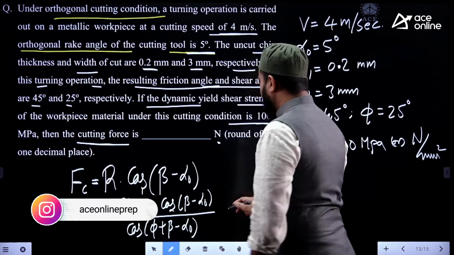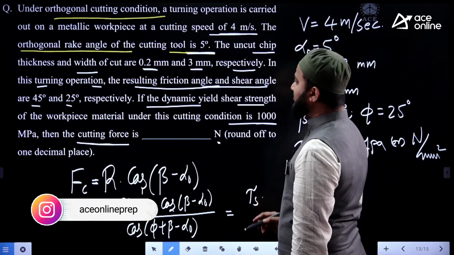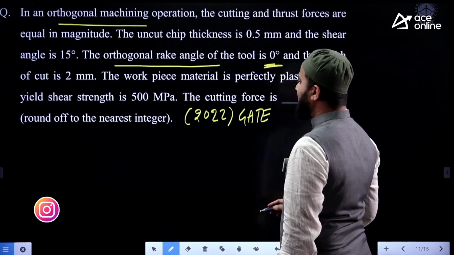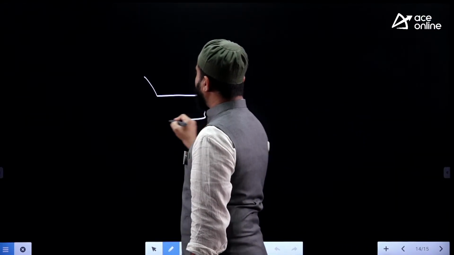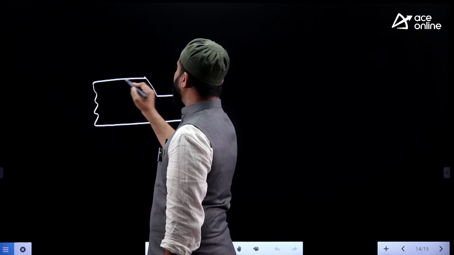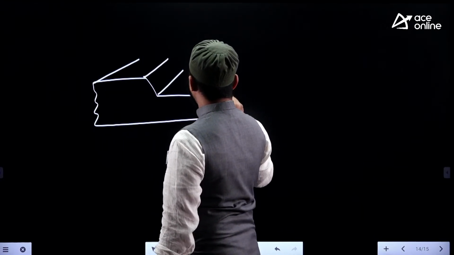So if you reach here, then the answer is: put the data, get the result. Whereas the area of the shear plane, which is perpendicular, as we showed, to the reference plane, all the parameters are constant. So once we have this